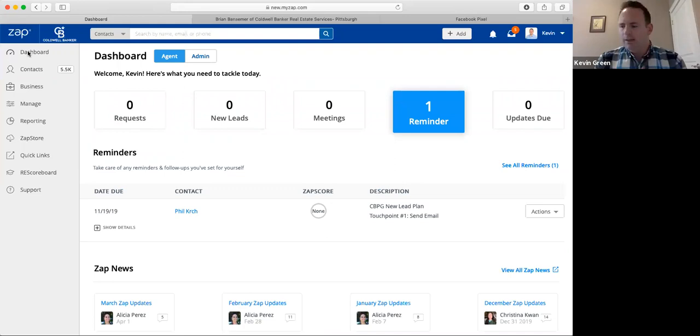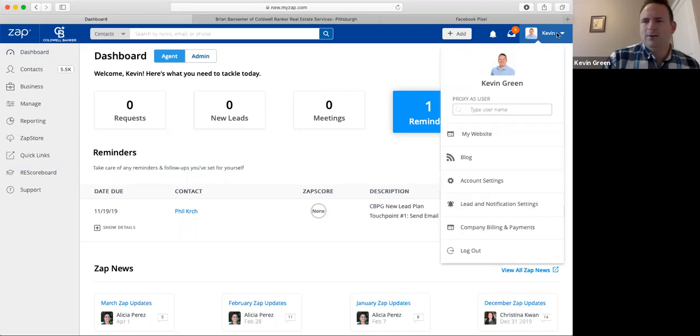So to access your agent website is right up here in the corner. And I touched on this a little bit last week because this does definitely play a role in your ability to convert leads, because this is your online voice that you're saying to these consumers that don't really know you. They're going to come here and try to learn more about you to see whether they should return your call or email. Because they're like, who the hell is this guy? Should I work with him or not? So this is how you convince them. So you're going to click your name in the upper right, go to my website,